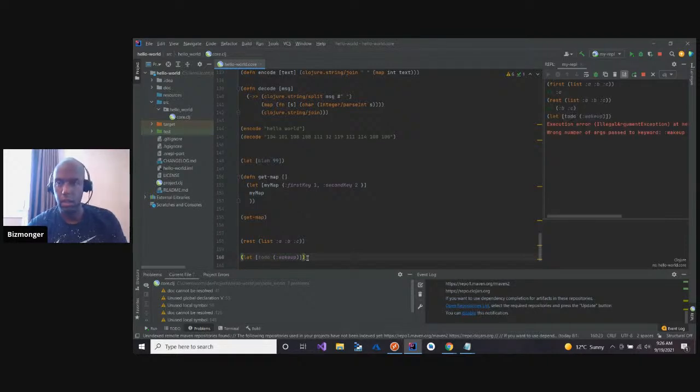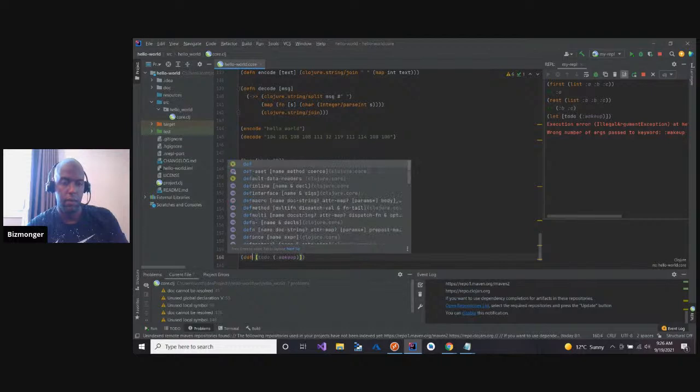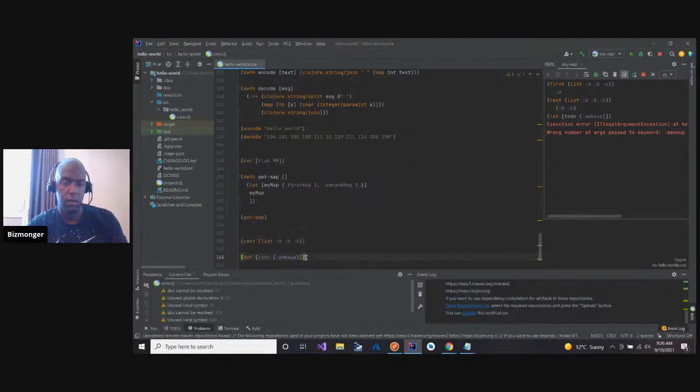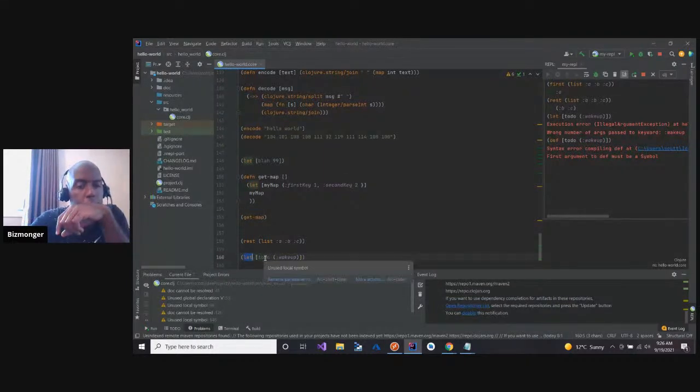Crap. What did I do this time? Wrong number of args, passed the keyword. Is this supposed to be def? Okay, let me try to figure out what I'm doing wrong now. Let to do.